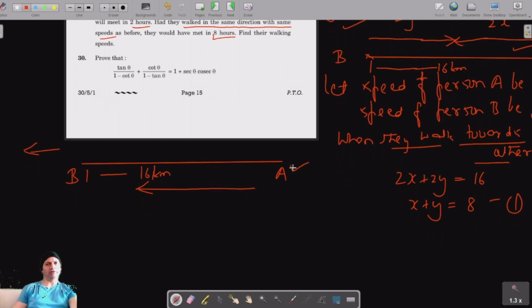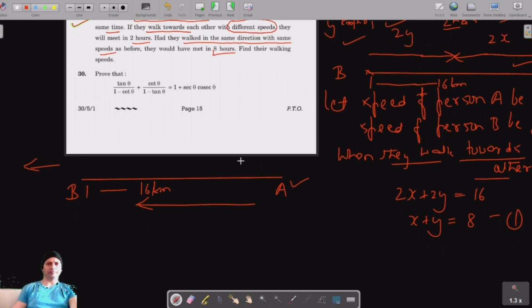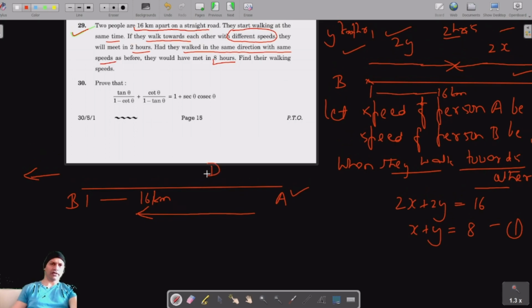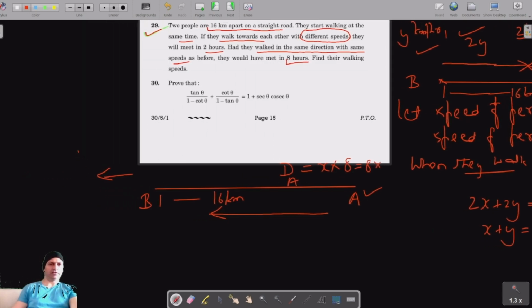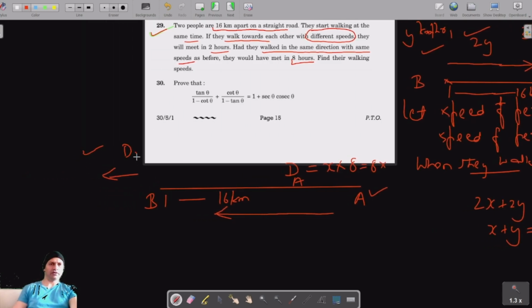The speed of A is more than the speed of B. So the distance traveled by A is speed into time. Its speed is x, so the distance traveled by A is x into time taken, that is 8x. Similarly, the distance traveled by B would be